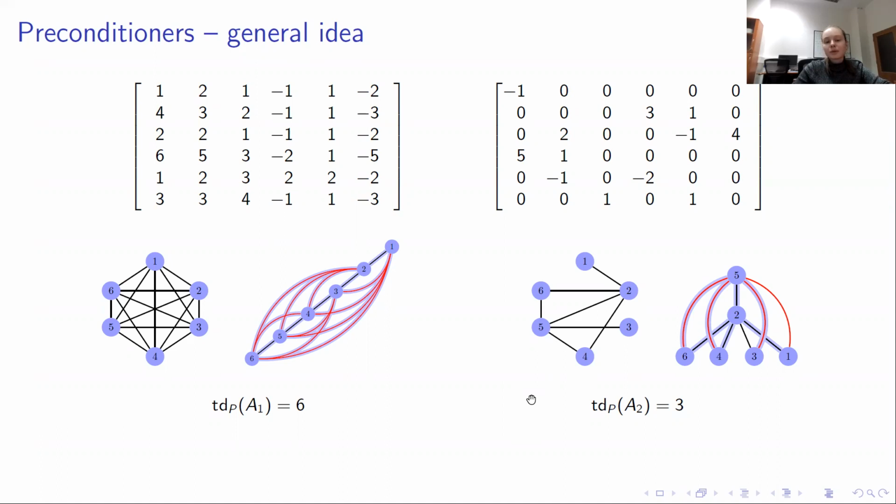But at the beginning, I told you that these two matrices were row equivalent, which means that tree depth, as a parameter defined on matrices, has the disadvantage that it is not invariant under row operations. So what can happen is that integer programming solvers might not even be applicable on some matrix that is not sparse itself, but might be equivalent to another sparse form with small tree depth. And this led us